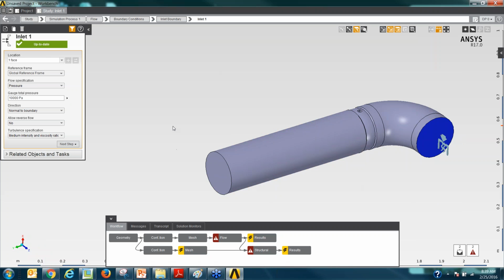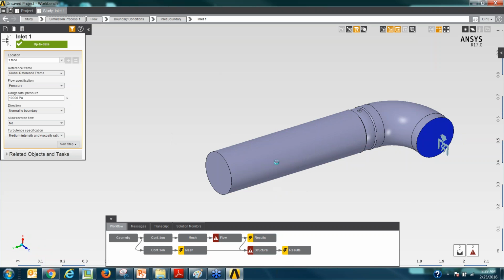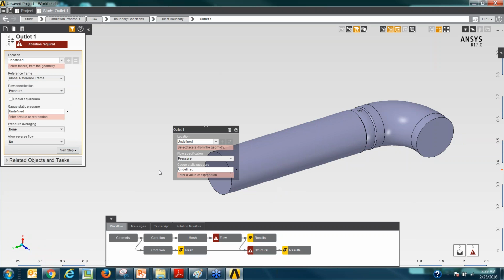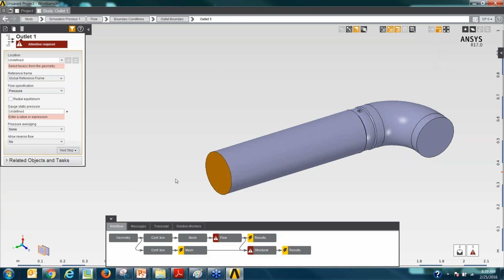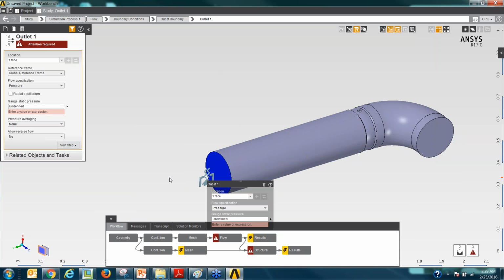I also want to assign a boundary condition for the outlet. And there I'm going to assign a gauge pressure. Let me add that. There's my outlet. And I'll just assign 0